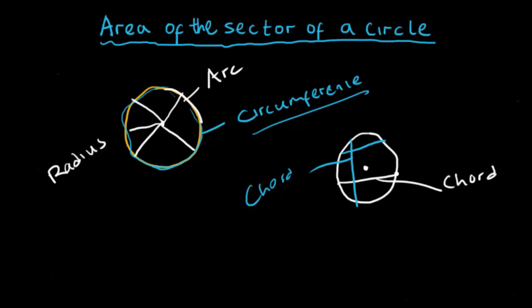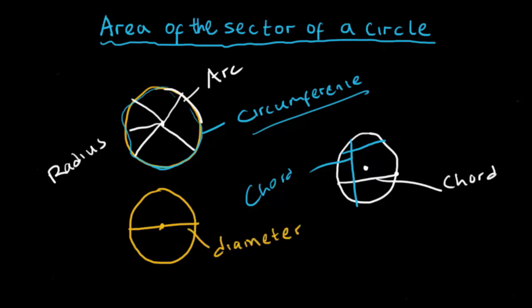Now, having said that, I want to show you that a diameter is just a special type of chord. If I have a circle, a diameter is a line that passes through the center of the circle, but it connects a part of the circumference to another part of the circumference. Now look at this. This is a diameter. You can see that it's a special type of chord. The only thing is that it passes through the center of the circle. So this can be the diameter. It must pass through the center of the circle.